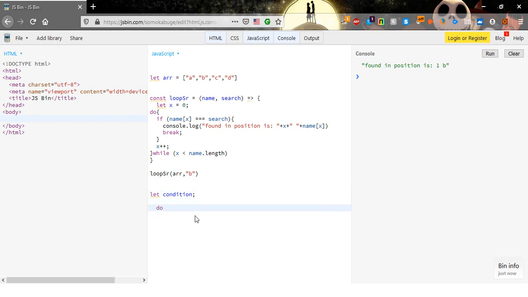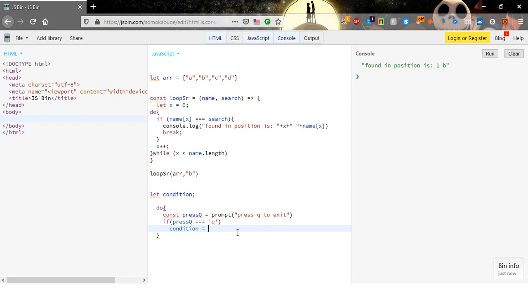After that do, now const, for example press q equal prompt, and here for example press q to exit, and here if for example this press q equal to q, then condition